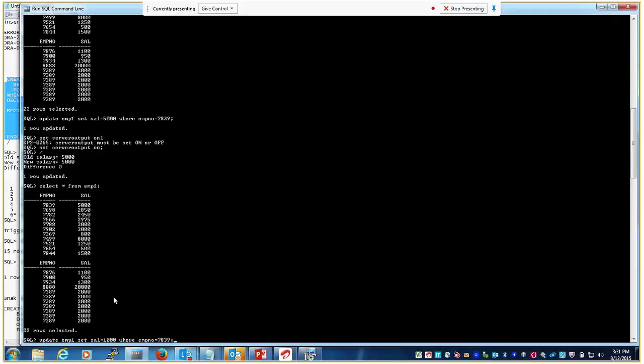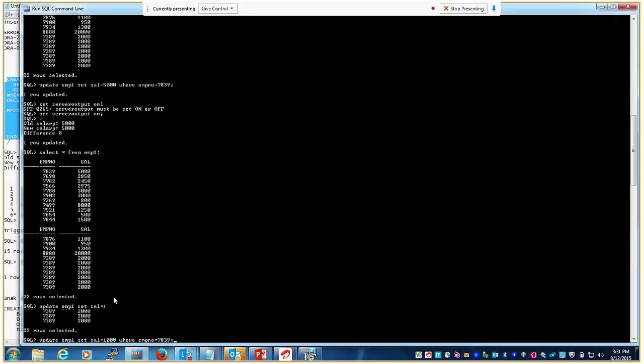We can see here. Old salary is 5000 for 7839. New salary I have given 1000 here, that's why we got new salary 1000. For the difference, we have given new salary minus old salary.